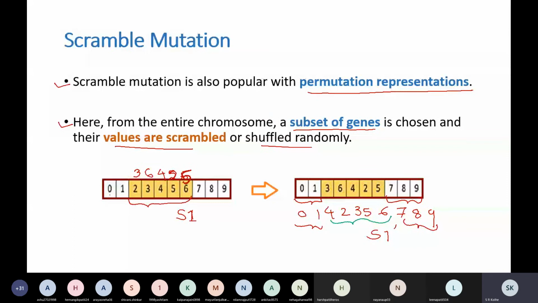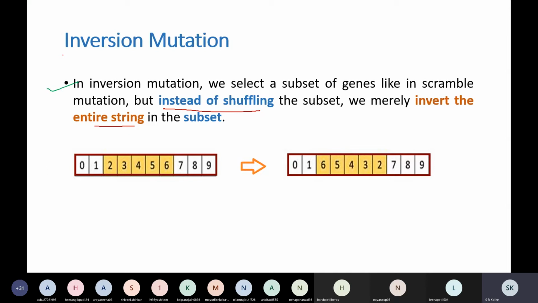In scramble mutation, what have we done? A subset of genes is chosen and then shuffled randomly. Here, again, we are going to do the same thing, a subset of genes we are going to select, but instead of shuffling, we are going to invert the entire string. For example, suppose S1 is like this. The subset of genes chosen is this 2, 3, 4, 5, 6.